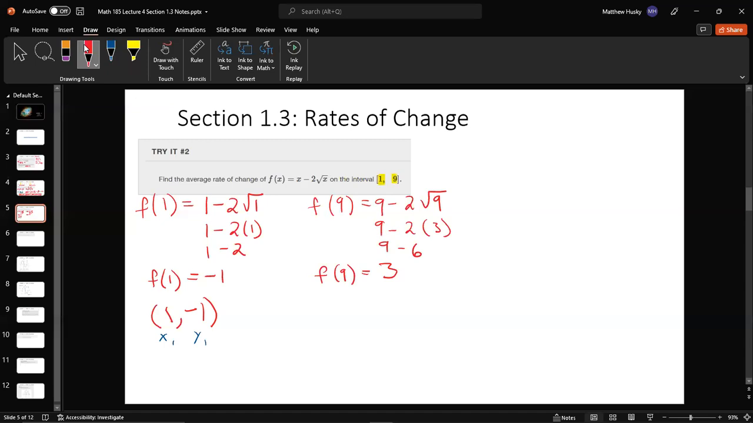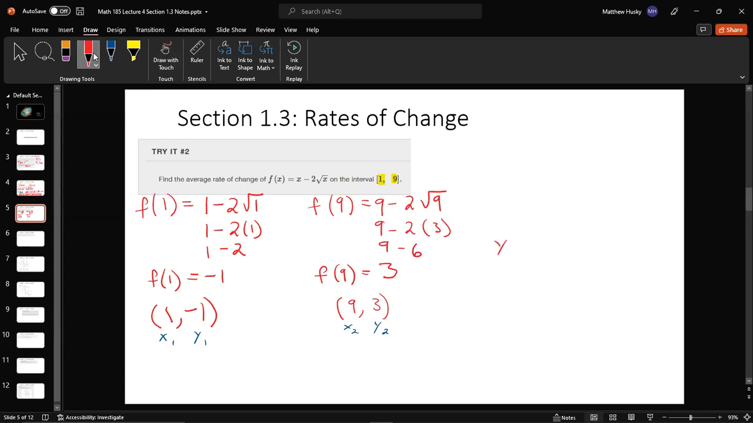Okay. So what is this? This is 9, that's a 3. Okay, 9 comma 3. There you go. So then what is this? This would be x number 2. This would be y number 2. And let's see here. So